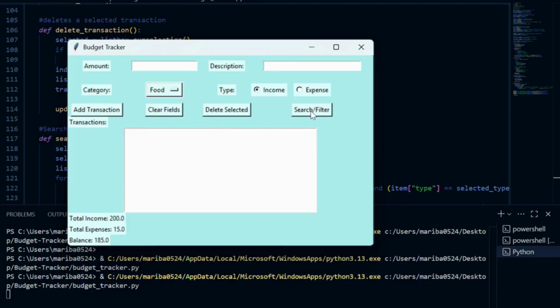And this one, so if I choose the category, I can essentially filter that specific category. And then I can